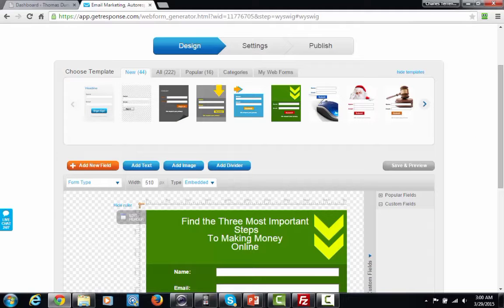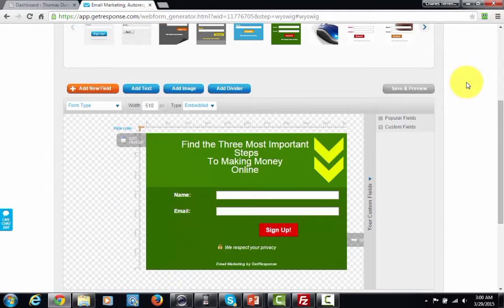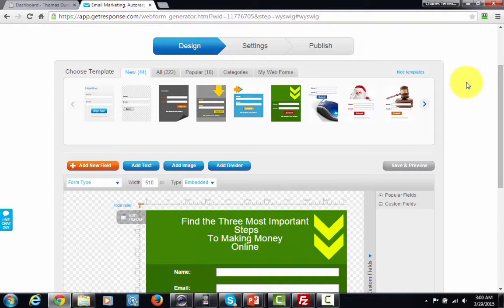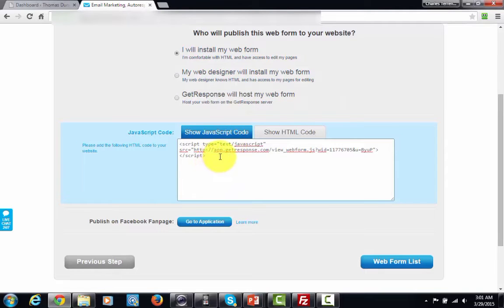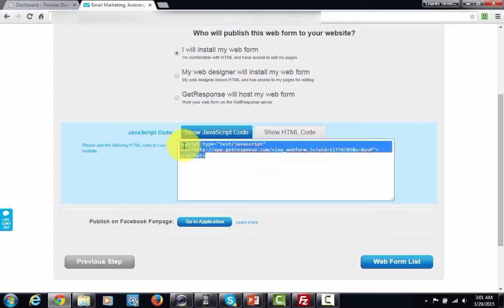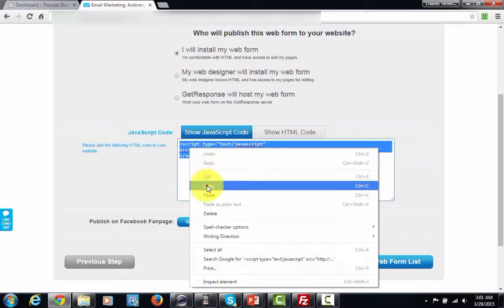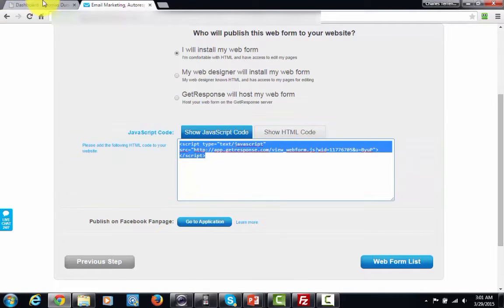Now you probably recall the page where we created our squeeze page or our autoresponder page. I'm going to go over to the publish button here, and you're going to notice that we used GetResponse to host our form the last time. But what we can do is click this button that says we will install our own form. In order to do that, all we've got to do is pick up this JavaScript code right there, copy it, and then we are going to go over to our